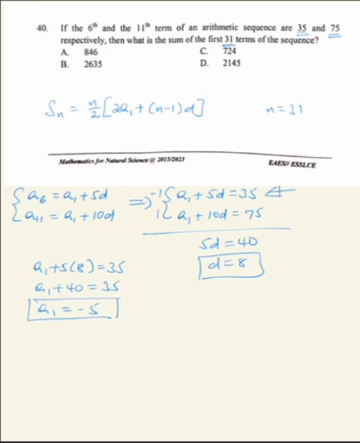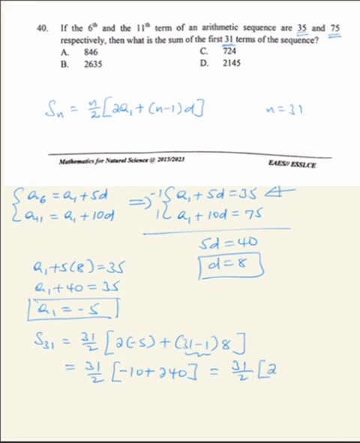okay first termችን negative 5 ይሆናል ማለት ነው so first term አለን common difference አለን now the sum of the first 31 terms is equals to 31 over 2 into 2 times the first term plus 31 minus 1 times the common difference okay ይሄ ምን ይሆናል ማለት ነው 31 over 2 times minus 10 plus this is 30 times 8 is 240 so ይሄ ማለት 31 over 2 times 230 ማለት ነው ወይንም 31 times 115 ማለት ነው so የዚህ result አምስት ነው so the sum of the first 31 terms in this arithmetic sequence is 3565 so ይሄ መልስ እዚህ ምርጫ ውስጥ የለም